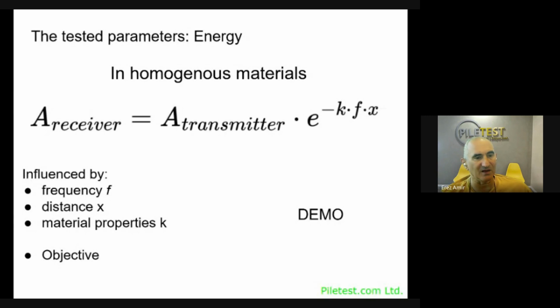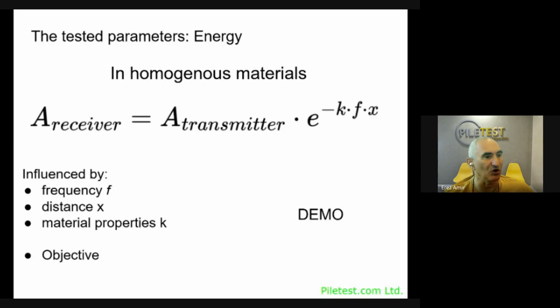Now, the nice thing about energy is that it is objective. We can just put the signal into a very simple and well agreed upon mathematical formula, and we get the energy. There are no arguments there. There's nothing to change or to pick. It's a fixed and well-defined